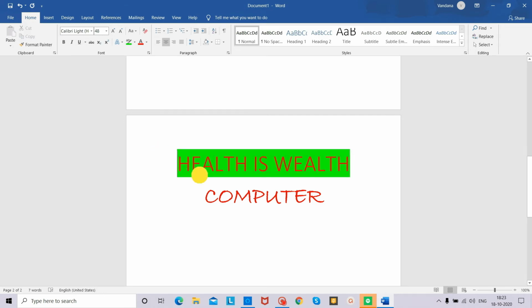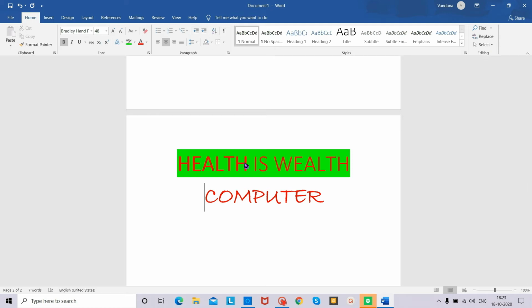And I want to make health bold. What I will do, I will select health, go to the bold and click on B. Your text will be highlighted with bold letters. You can see health is now highlighted more, more darkened in the color.